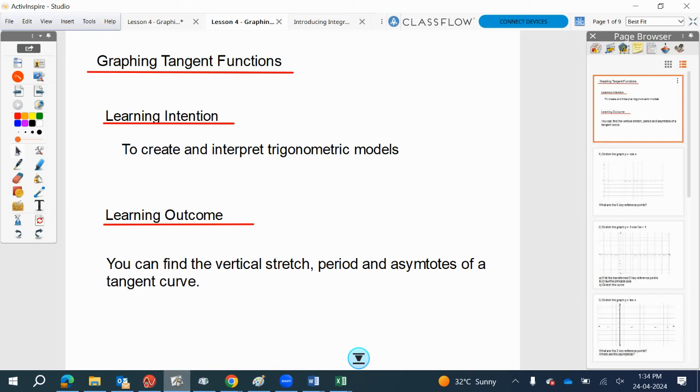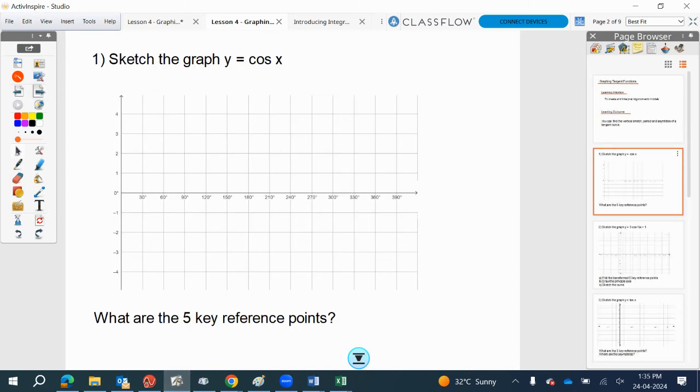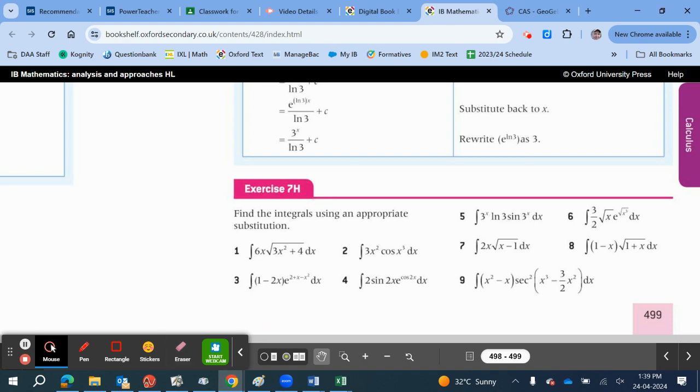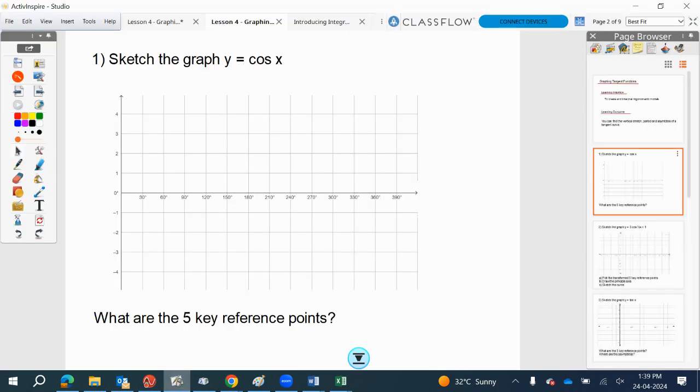So graphing tangent functions today. I'm going to start off with graphing the cosine function. How about drawing a graph of the cosine function? So drawing this graph, what you want to do for this one is you need an understanding of what the